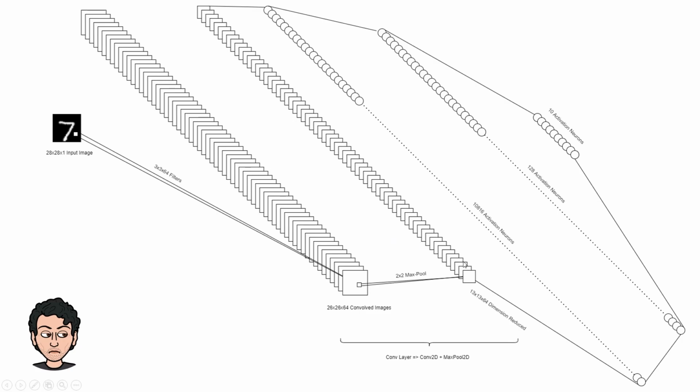No parameters are actually learned by the network over here. As you can see, this is one convolutional neural network layer. One Conv2D and one max pool together give us one conv layer. After that, we have to flatten this. 13 into 13 into 64, that is the output that we get from our MaxPool2D. We will then flatten it like we do for our standard neural network, which is going to stack them into neurons. I'm sorry, not 1000, these are 10,816 activation neurons. What is the math? 13 into 13 into 64.